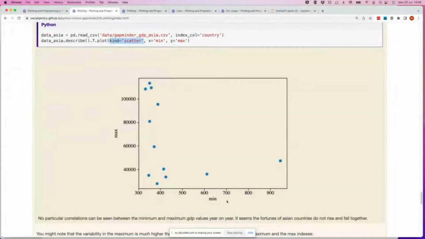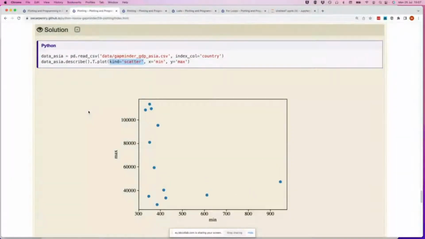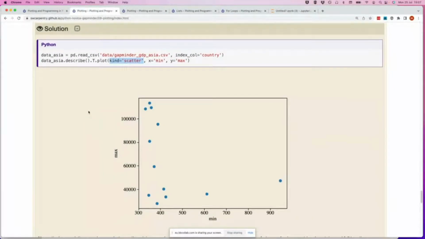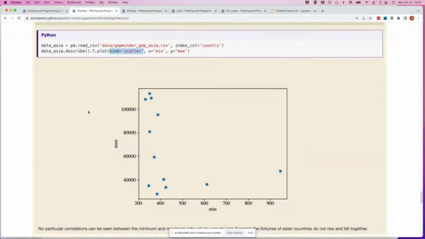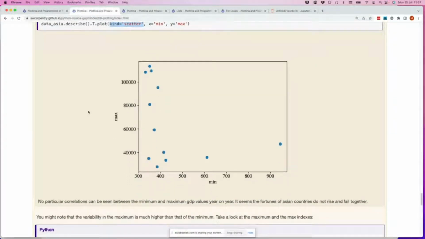So you've got the minimum GDP per capita on that side, and then the maximum, and you obviously don't know the year that these measurements were taken. And so you can see there isn't really, not surprisingly, a correlation here. You can see as far as the maximum GDP, there's quite a range,